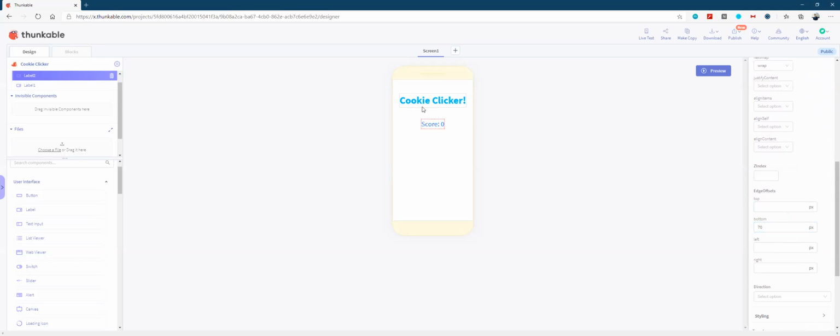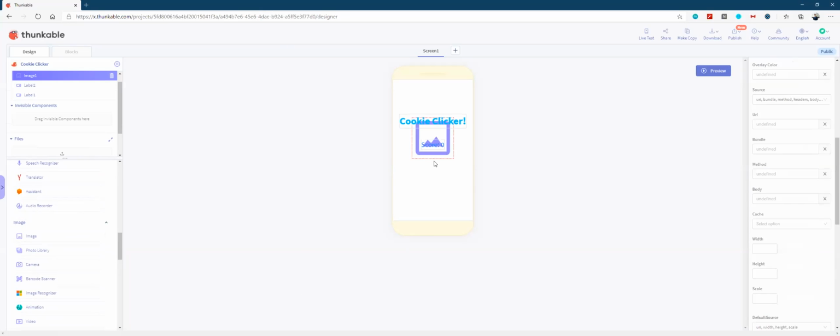So now we have our cookie clicker label, our score, and then this will be the space for a cookie image where we can essentially have an image that we can click on, and then we'll have the reset button finally. So that's what it looks like right now. We're gonna go down from on the left here under add components. The user interface has a lot of things here, but I'm gonna go down even further to image. So under image, you'll see that there's the first button that says image. I'm going to drag that in,